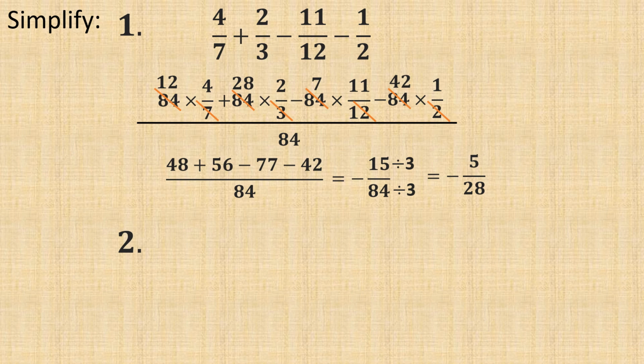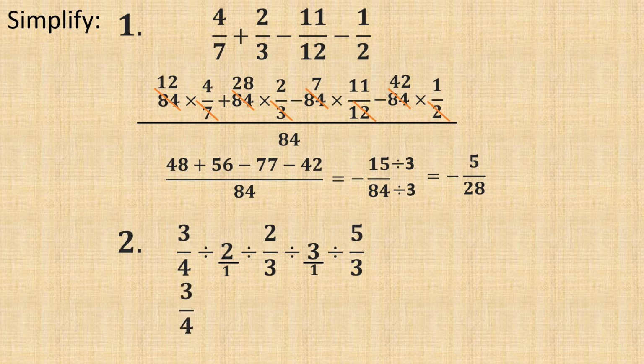When dividing two or more fractions, ensure that every whole number has a denominator of 1 to prevent errors. The division before a fraction turns into multiplication, and the fraction is inverted. So we have 3/4 times 1/2 times 3/2 times 1/3 times 3/5. Thus, working out the multiplication, we have